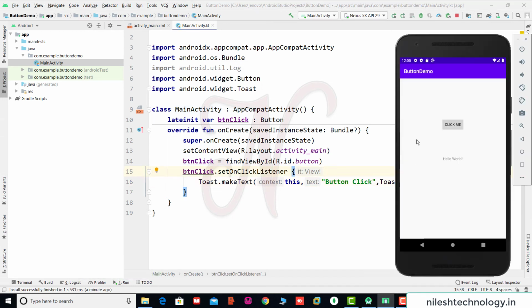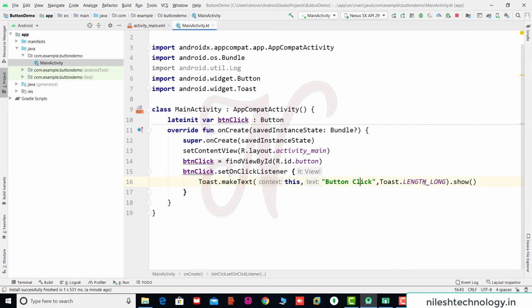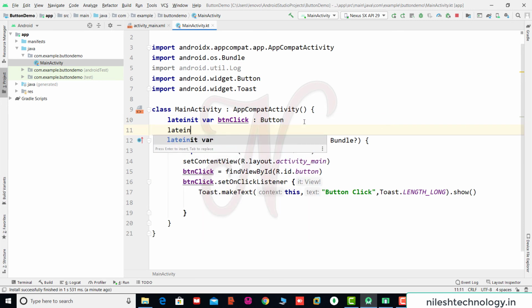Now we are going to some advanced mode. So if you click this button, then here we display one message in this text box, like welcome to this technology. So see here, we again map the text view object. So let's init var txtView.